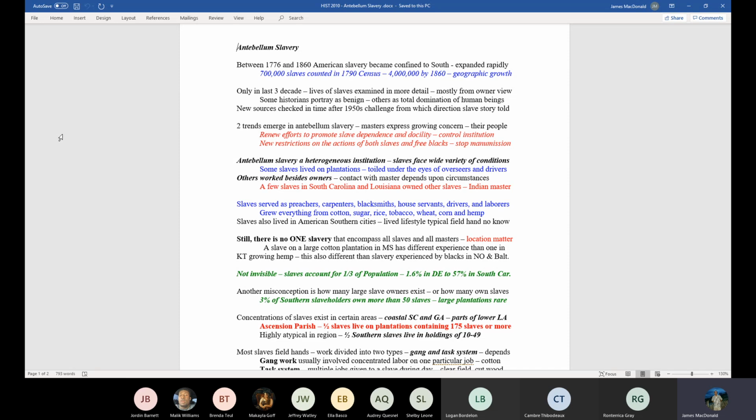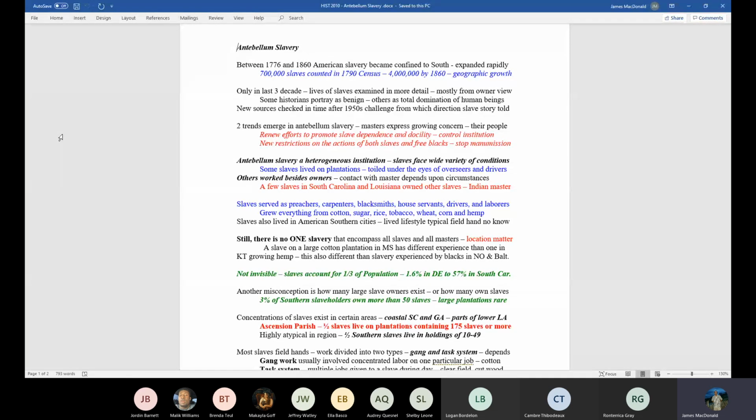The other difference when we talk about how slavery changed is how we write about the institution of slavery. For a lot of our history, it had been written from the owner's point of view. Slave owners talked about their slaves, which is okay, but it doesn't really give, of course, the perspective of those who are enslaved. So it's mostly from the owner's view.